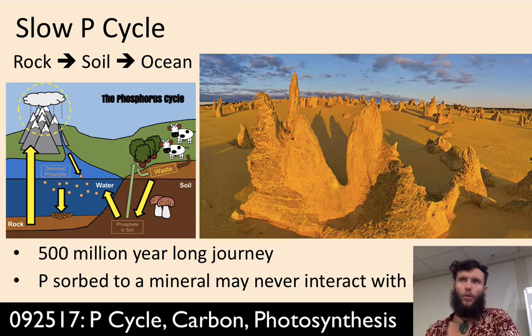So the slow P cycle, the slow phosphorus cycle, is the part of the phosphorus cycle that predominated prior to the advent of humans, prior to humans getting on the scene. So that basically is rocks, phosphorus that's in the mountains, washes away with rain, and phosphorus